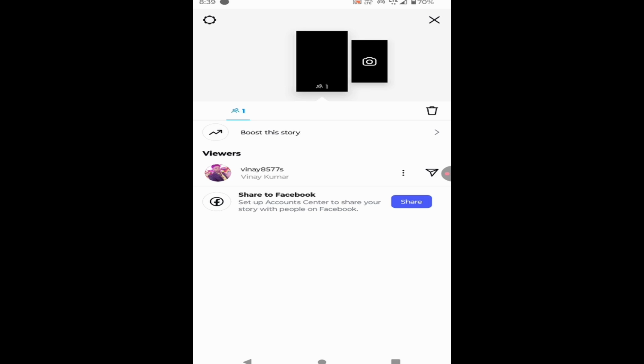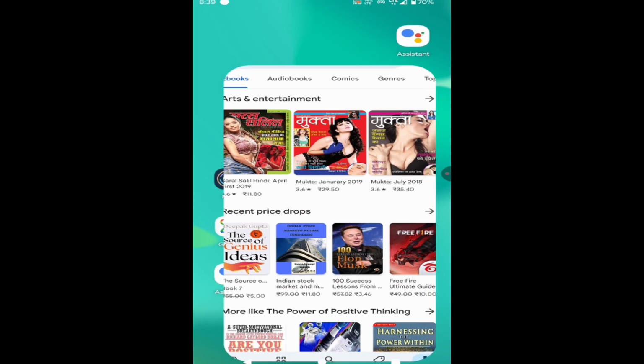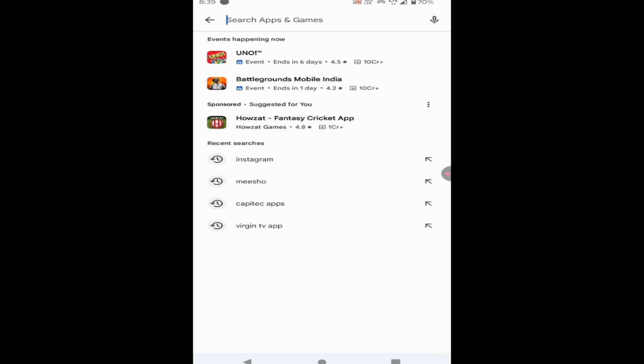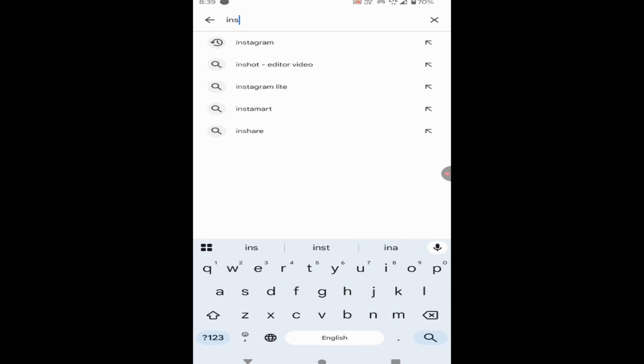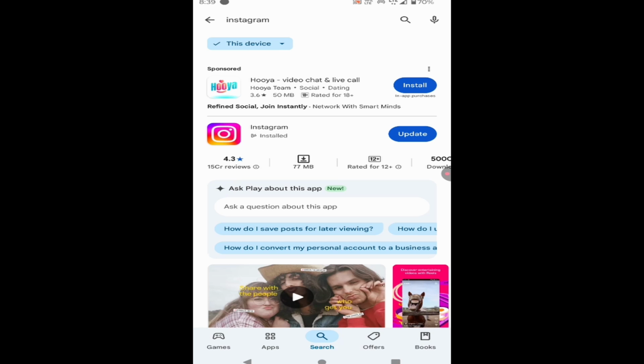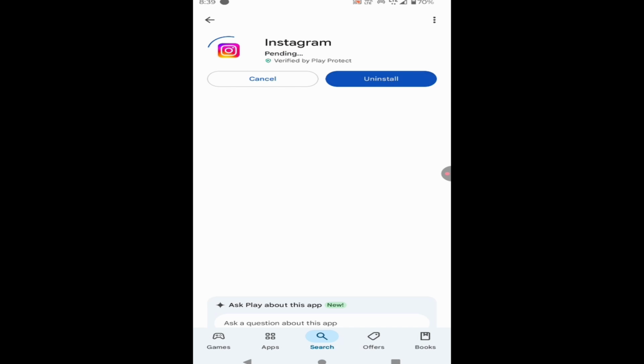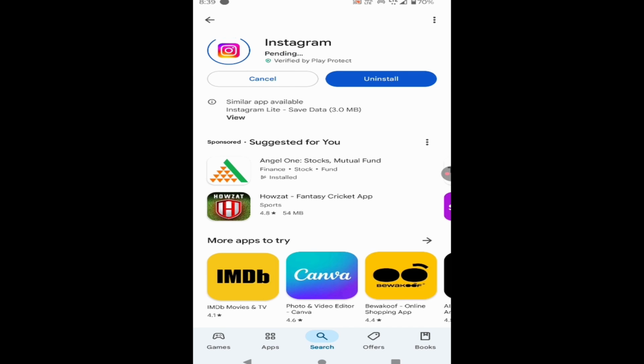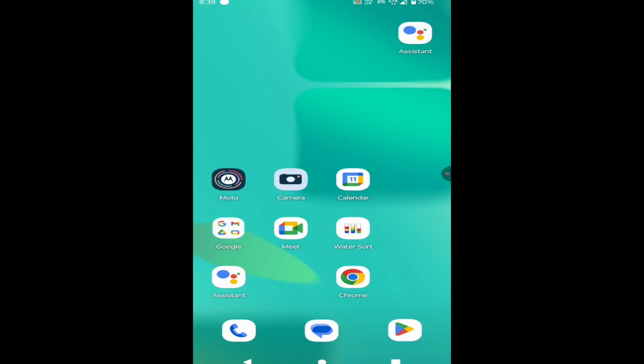First, when you are facing this problem, go to the Play Store and search for Instagram, and if any update is available, then update it and check the problem. If the problem remains after updating, then next is